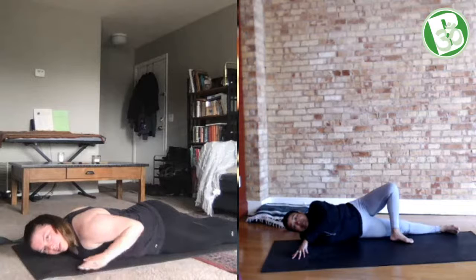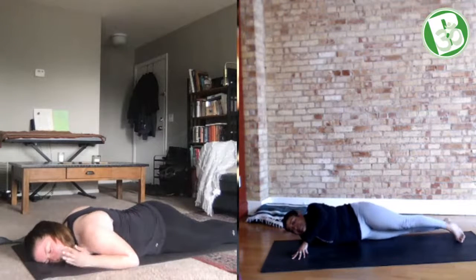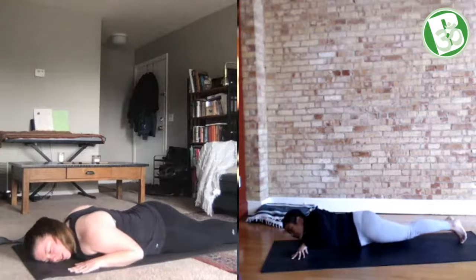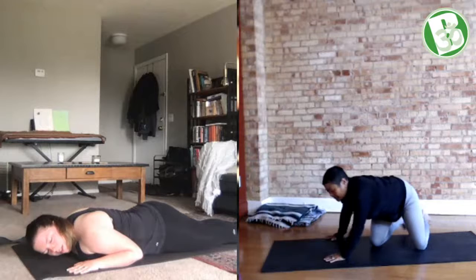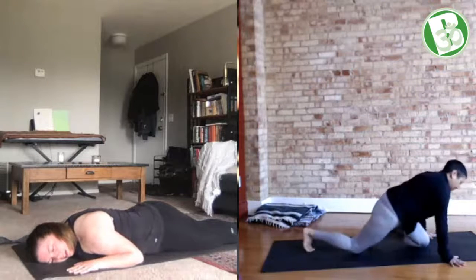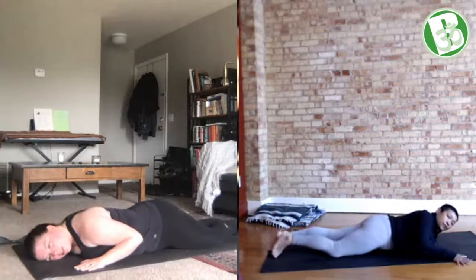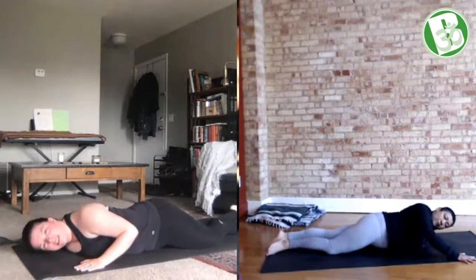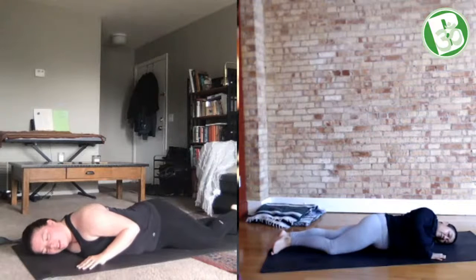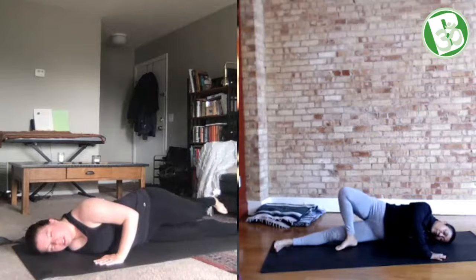releasing that arm back by your side, and this time facing to your left side. We'll take our right arm, put it out to the side at a 90-degree angle, and just as slowly, just as gently and carefully, remembering that this side might be different, we'll roll back gently onto that shoulder,